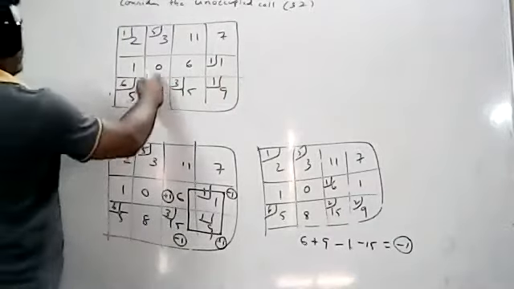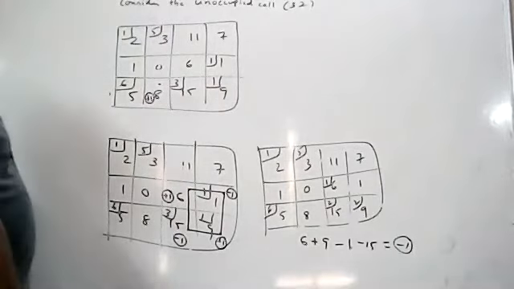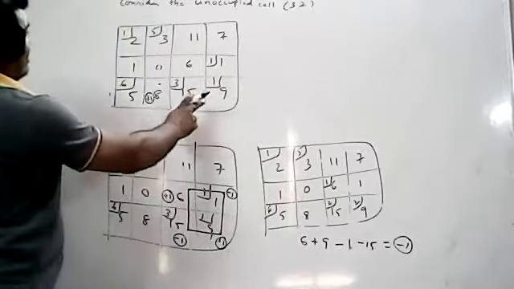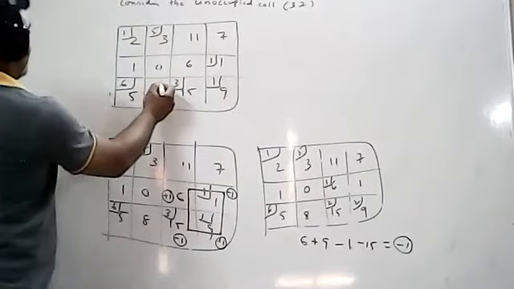Okay. Now I have a choice. I can go like this. Otherwise I can go like this. Otherwise I can go like this. So there are 4 ways. You can go anywhere. So obviously you can go like this. Otherwise you can go like this. A single occupied cell is there. I will directly go like this.